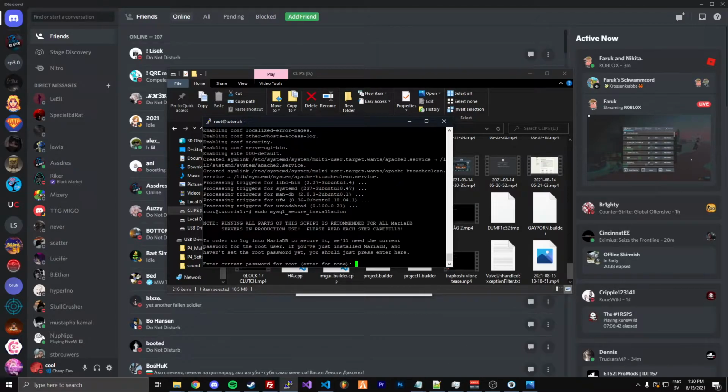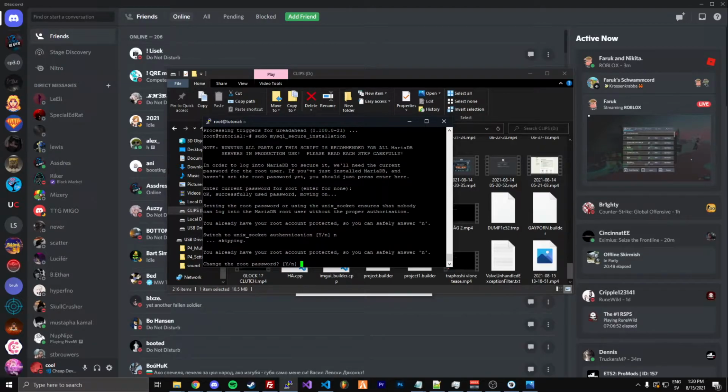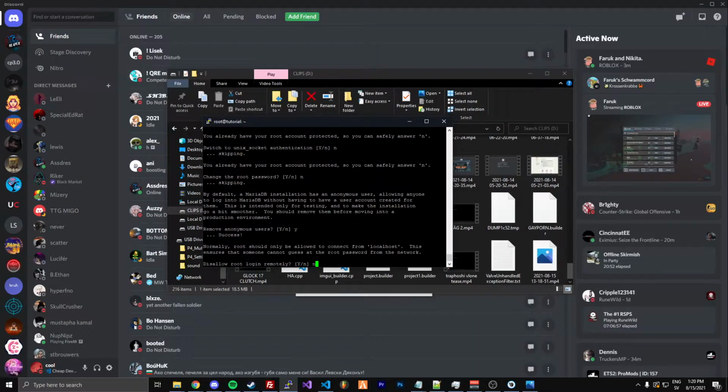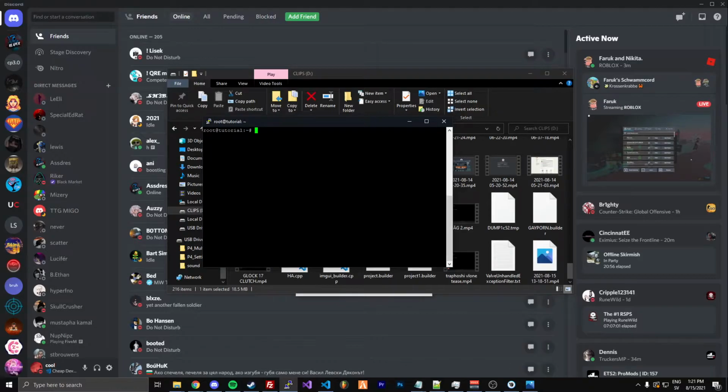And now you just want to enter your current password for root. Here you can see that it wants you to swap. Just click N. Change root password? No. Yes. No. Yes. Yes. Okay. Once you've done that,